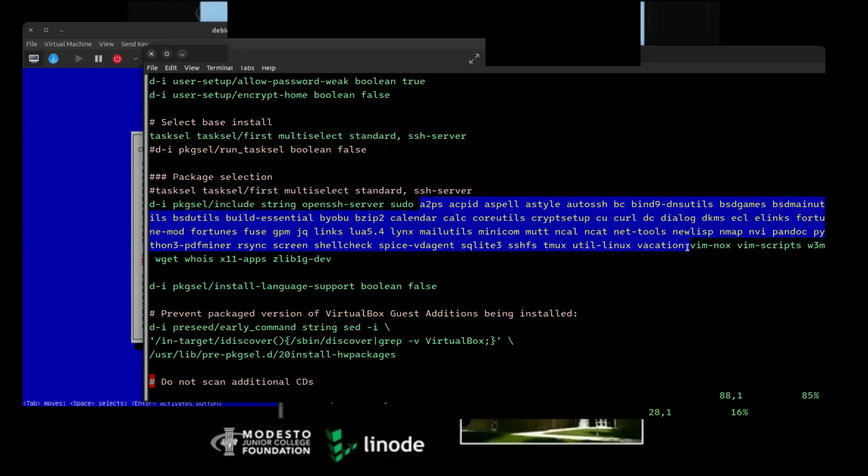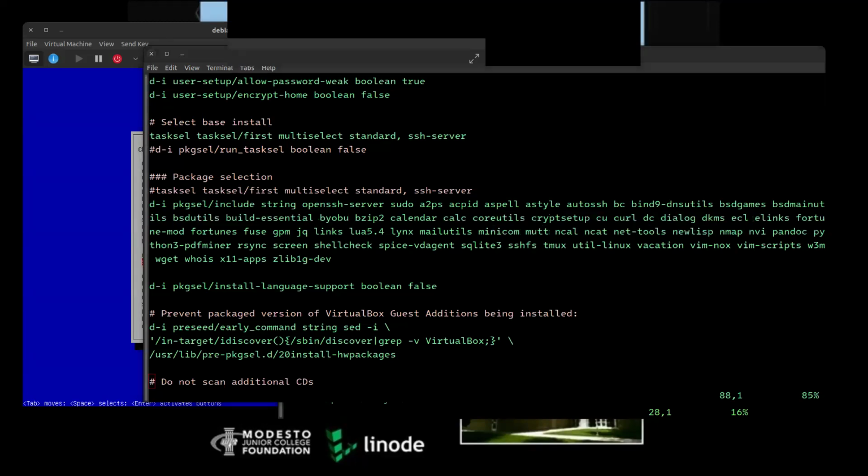Those are the ones I'm going to remove. And I'll leave the Vim in there, and I'll remove the X11 app. So let me take these and copy that information